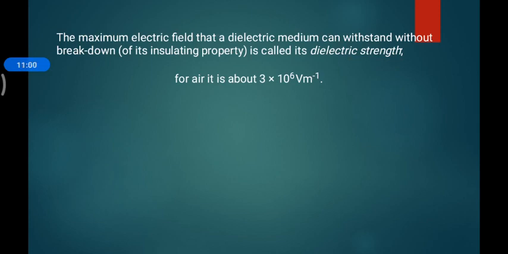There are a number of kinds of dielectric materials, such as ceramic. Generally non-conducting materials can be taken as dielectric materials, but not all of them can be ionized and polarized, only some of them.